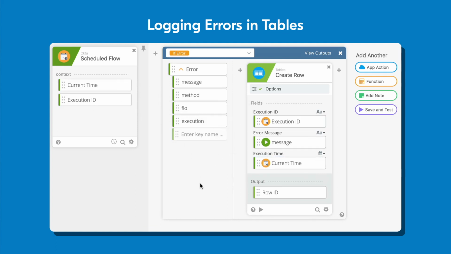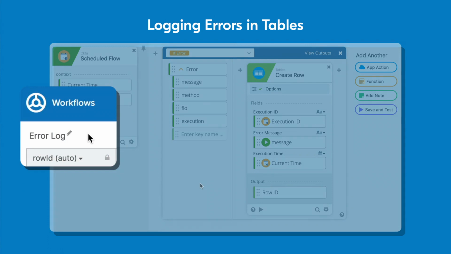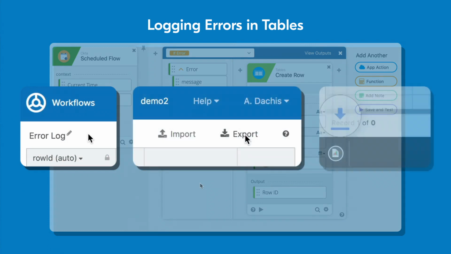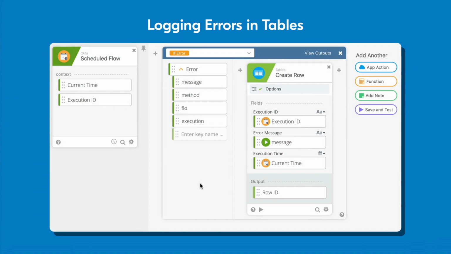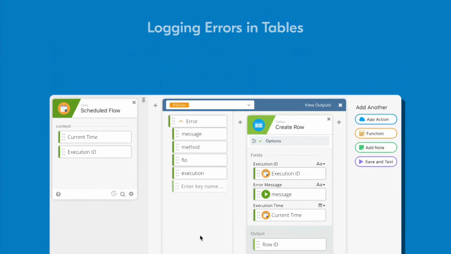To get around a table's data limit, you can export the data as a file in the CSV format, for example, and then clear the table's data to open up more space. Using the Return Error or Return Error If cards allows you to surface custom error messages in your execution history for easy review. There also may be a situation when a service returns a response that isn't technically an error, but you'd like to treat it as one so that you can manually throw an error anyway.